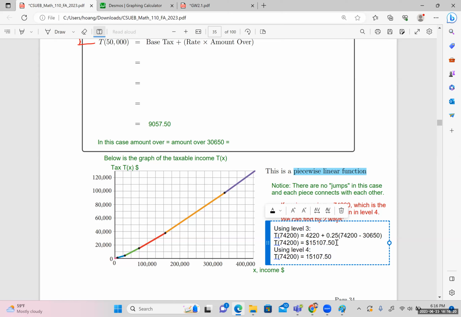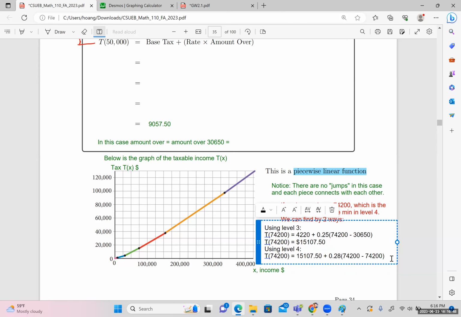Right. And then add with the rate, which was 0.28, and then multiplied by the amount over. Okay, so the amount over in this case was 74,200 minus 74,200,